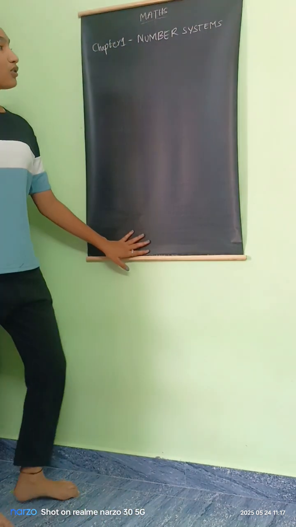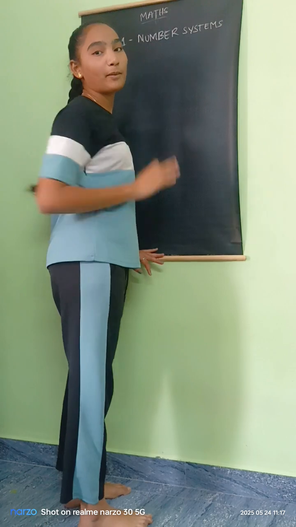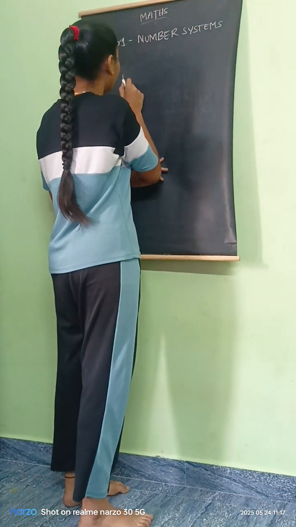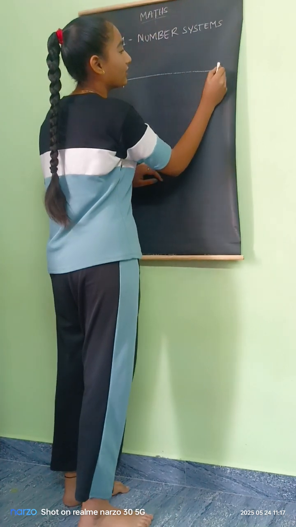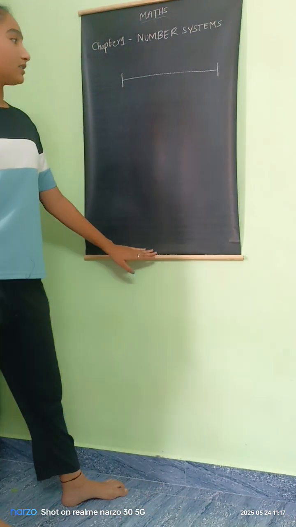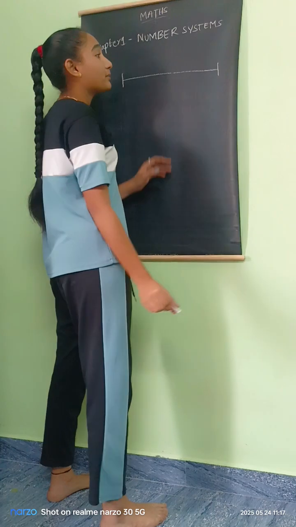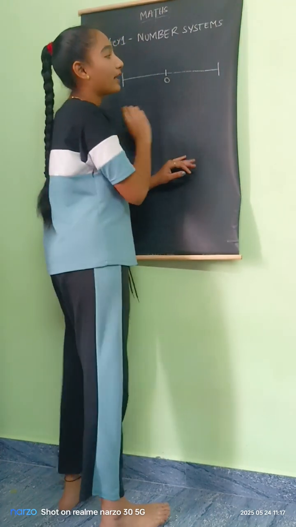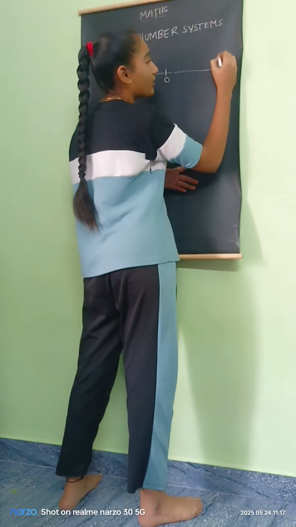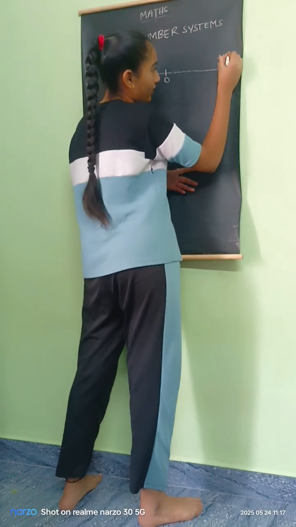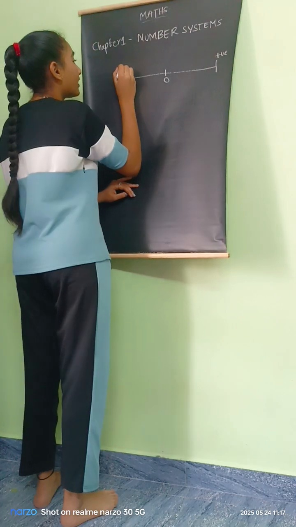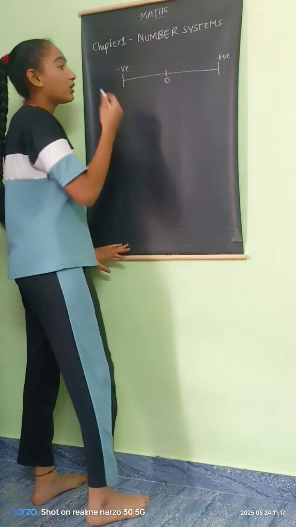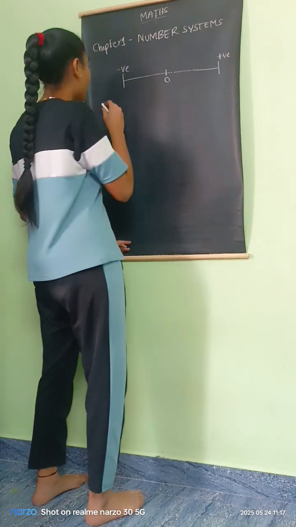So before knowing what number systems are, do you all know what a number line is? It actually looks like that. So let's mark it. Here comes the zero in the middle of the number line, here are the positive integers, or the numbers marked, and here are the negative integers. So we can define the number line simply as